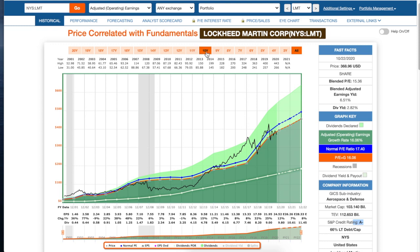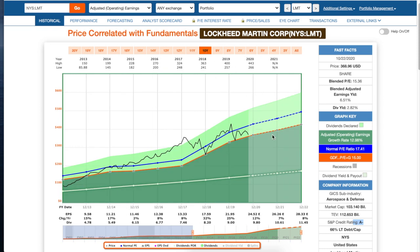But if we shorten this time period, you can see here the normal multiple is at 17.4 and the blended PE at 15.3. And there's been times here, as for example, December 31st, 2018, where it had a PE of 14, and then in March with the shutdown and such, it had a PE at the end of closing of March at 15. So basically, what I'm trying to tell you here, it looks to be undervalued based on this